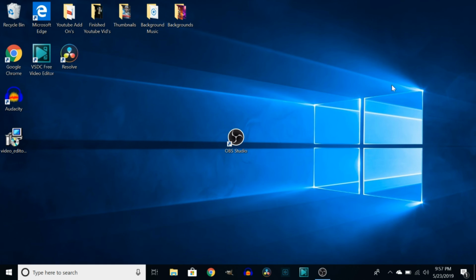So OBS, definitely, it's free 100%. It is super good if you want to record any background, if you want to show what you're doing, how to edit a picture maybe, anything. This is a great editor, and I'm going to leave the link in the description for this as well. So far, just to get a quick run through of what we have